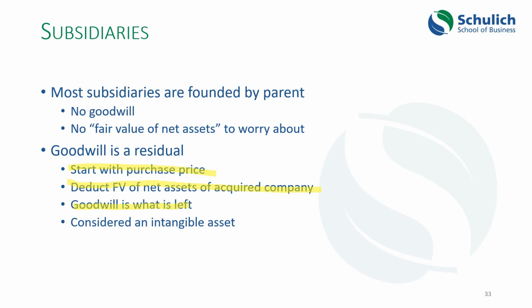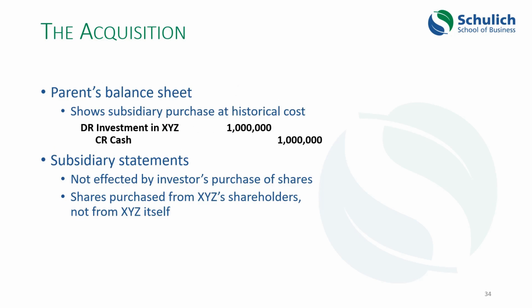So this goodwill then is obviously an intangible asset. It is the difference between the purchase price that was paid and the actual assets that you received and the actual liabilities that you received. So it's surely an intangible asset. This is what the transactions look like when the acquisition takes place. The parent company on its balance sheet has a decrease in cash for whatever it paid to those shareholders of the other company, and it records a financial investment because it now owns shares.